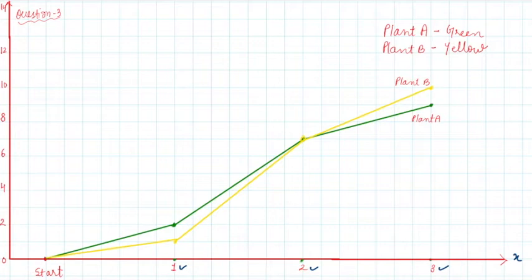So what are the questions here? If you see, plant A I have represented with green color and plant B I have represented with yellow color, just to make the little difference. How high was plant A? I am writing the answers here. A part. How high was plant A after 2 weeks? So 2 week is here, and plant A I have taken as green color. So for plant A we will only study green graph.